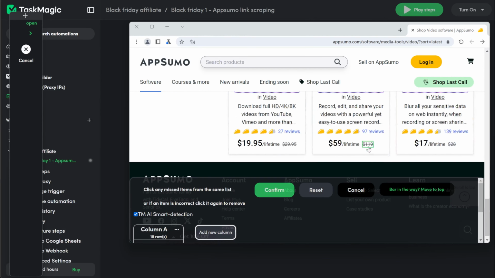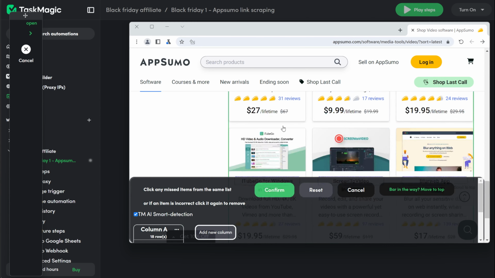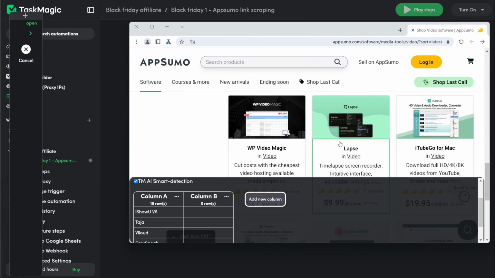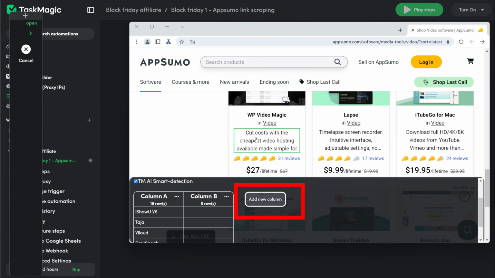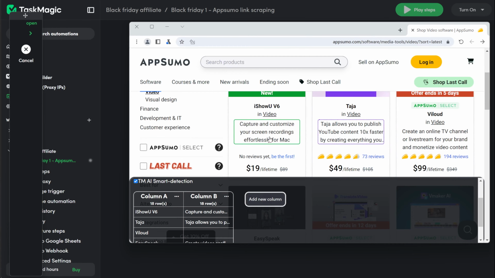You can see how many products it recognized by checking the number. If it missed some products, scroll down and click on the ones that didn't get picked up. A green line will highlight the content that it recognized, so you know everything is working. Once the list is ready, you can click Add New Column to scrape other details like description or whatever